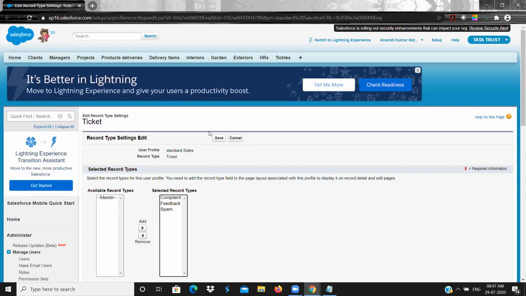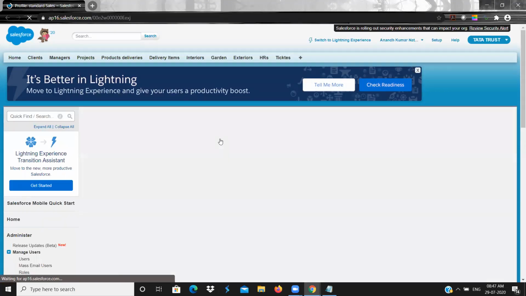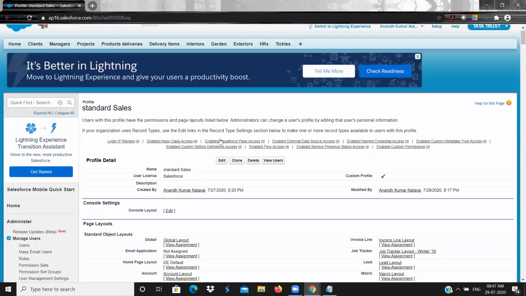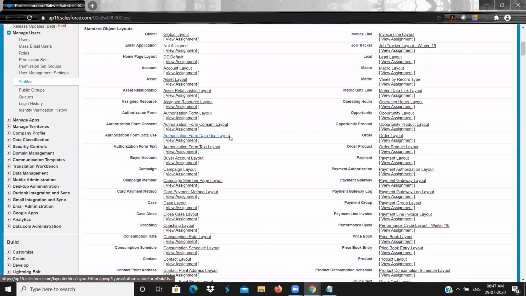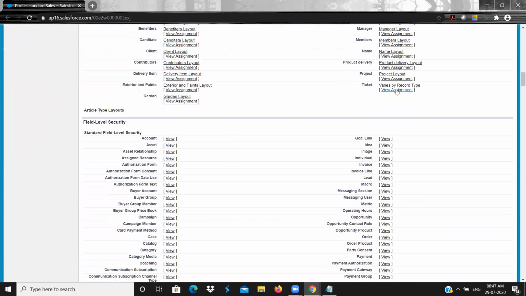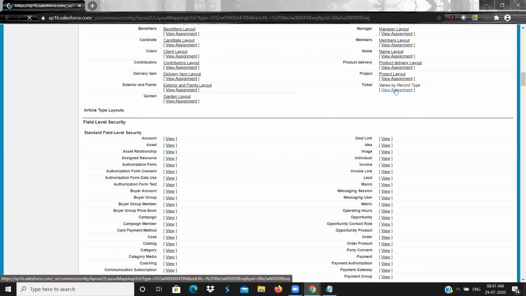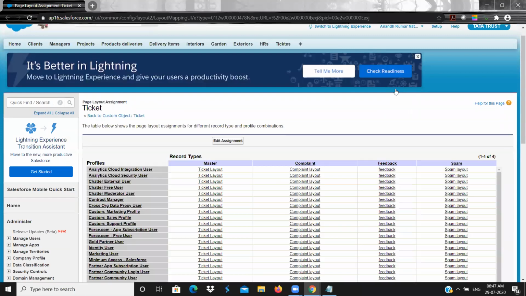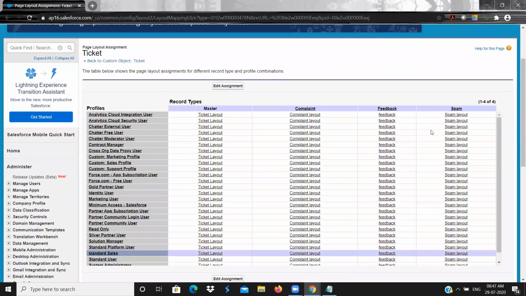Okay, so for this particular record type, I want to have a specific page layout. In the layout area, you can click on edit assignment. For this record type, for example, this is a spam record type which has a spam layout.